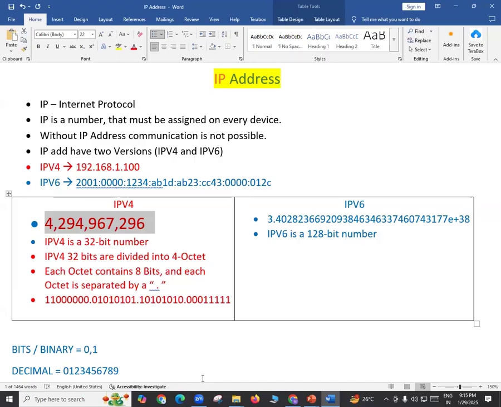You know, actually in the 1990s, in the mid 1990s only, let's say 92, 93, 94, they realized the internet was growing very fast and the numbers we have in this IP version 4 would not be sufficient. So not only today, actually, I'm talking about the mid 1990s, 94, 95. These people realized that in IP version 4 we have limited numbers. But you know, in 1981, when they released or designed this IP version 4, they thought more than 4 billion numbers would be more than enough for centuries and centuries to come. Because in 1981, there was no concept of the internet. Computer networks were there, but there was no concept of the internet.